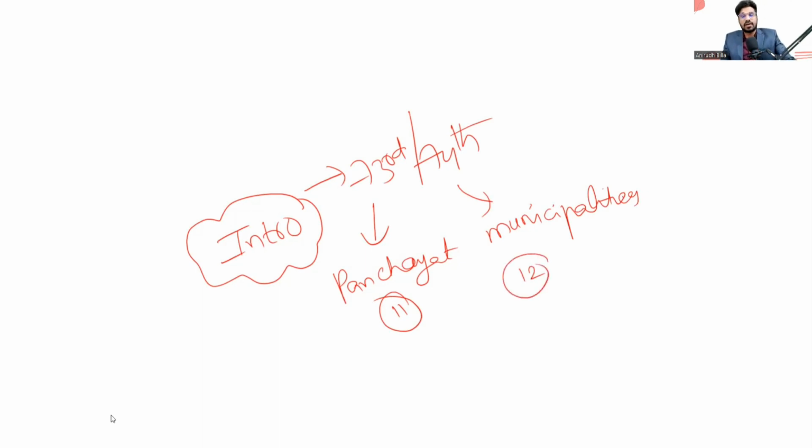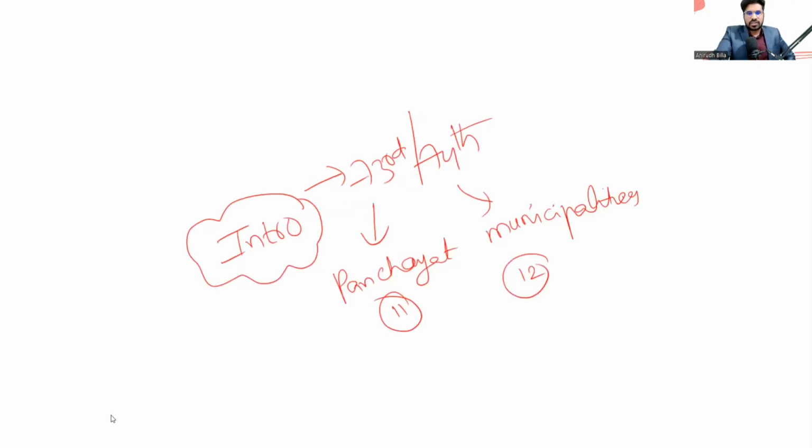So what should be your ideal intro? Let me tell you the ideal intro, then we'll check the answer also. We can write like this. The 73rd and 74th, 1992 Constitutional Amendments provided for the establishment of local self-government, that is Panchayat and municipalities respectively. It led to democratic decentralization and brought democracy to the grassroots level. We have seen the following progress outcomes by implementing the local self-government. So this should be our intro. I'll be showing the intro also.